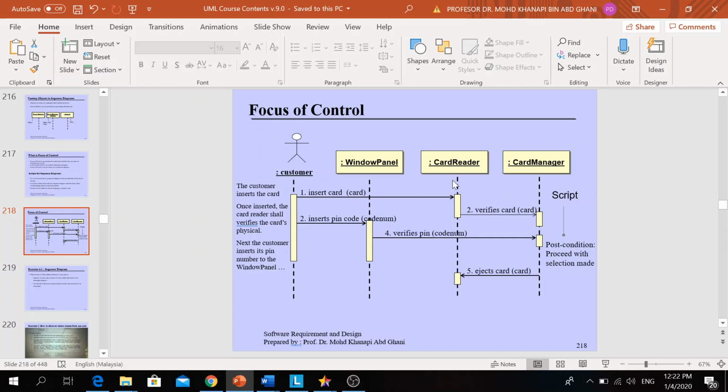Okay, so this is very useful information for you to discover the attributes and also the operations from the sequence diagram. This will be covered in chapter 7. I will explain to you how to discover the operations and attributes.